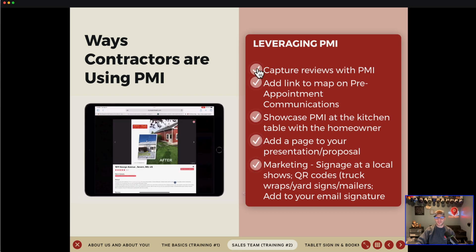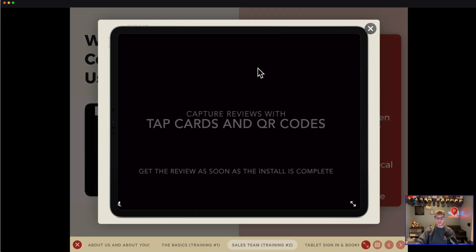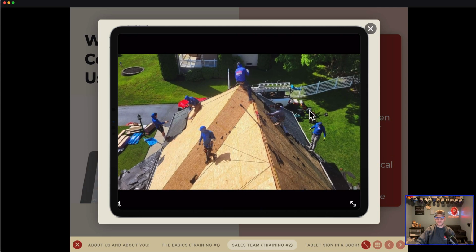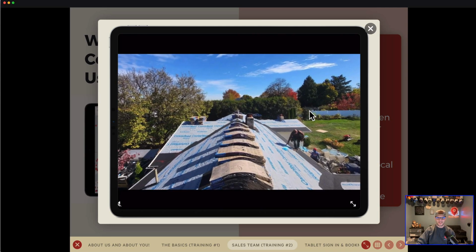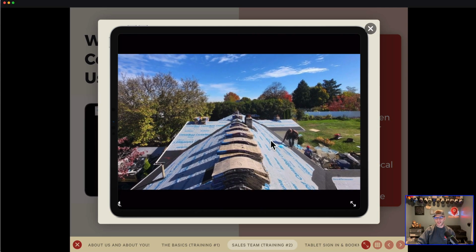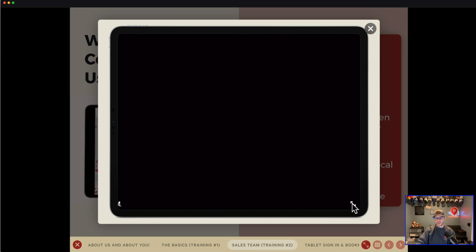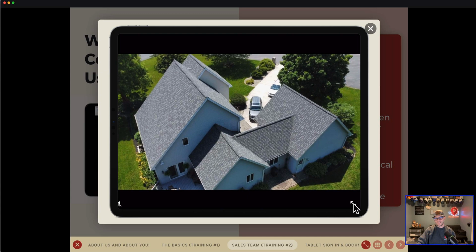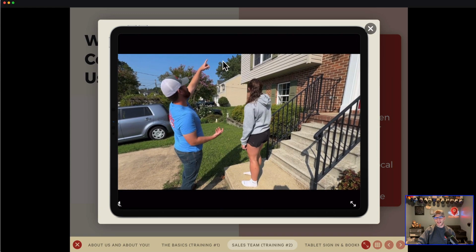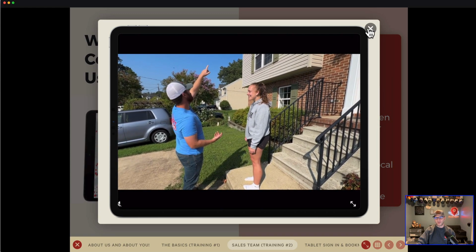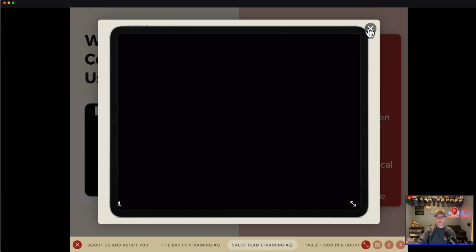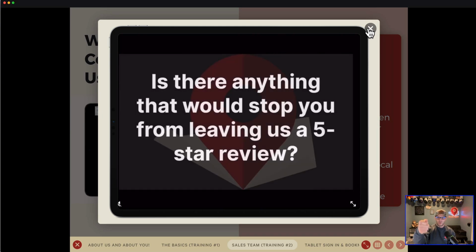The first thing is you can capture reviews with Project Map It. And there's this video. If you click on this button, you'll have access to this deck. In this video, it shows you using tap cards. If you go full screen, so you're at the house, you're looking at it, you tap card. Anyway, watch the video, but Project Map It has our own review platform where you can tap a card